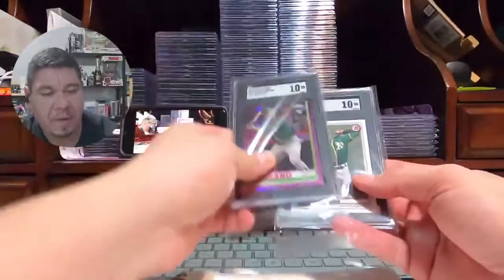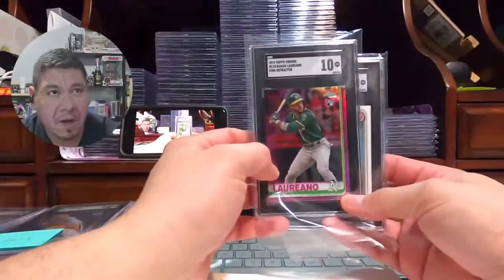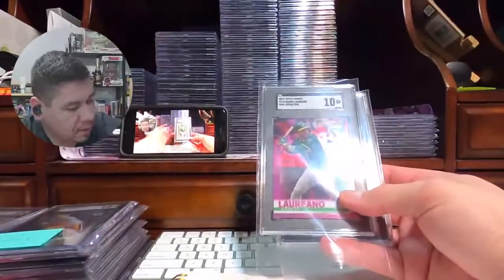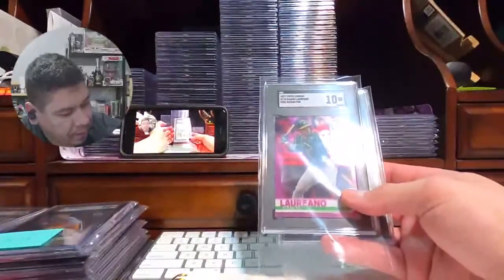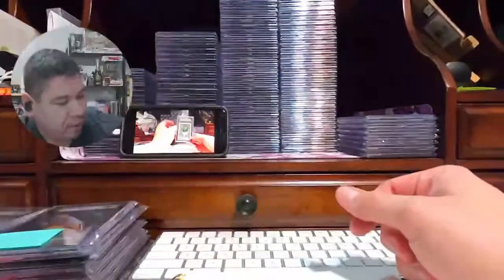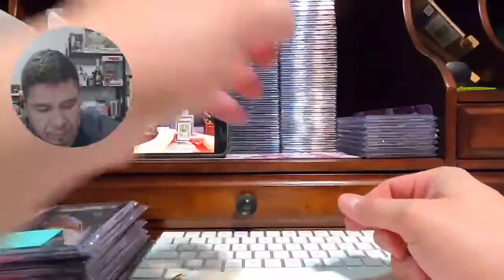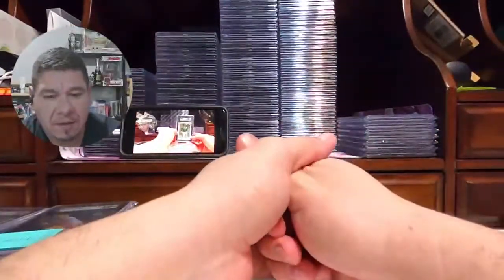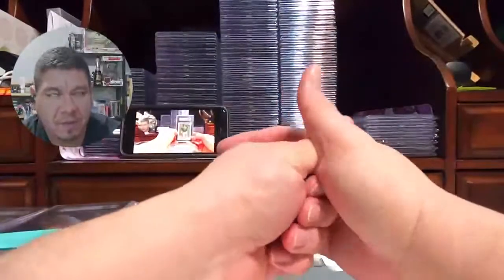Then you have the Chrome. Now Chrome, I believe there is a couple comps. But that is a little hard. But to me, I kind of price them on what I feel is fair. But like I said, there is a lot of cards that there is a huge discrepancy between